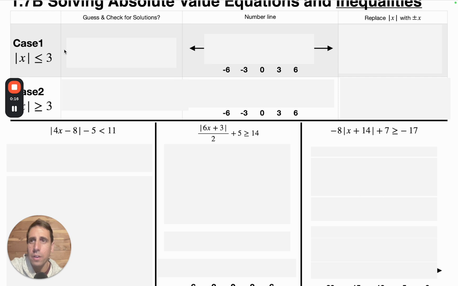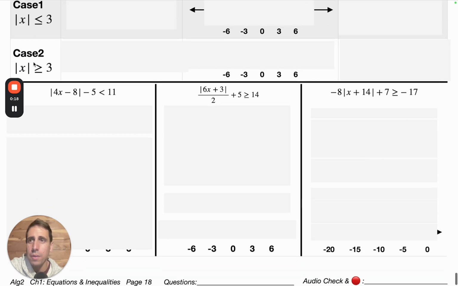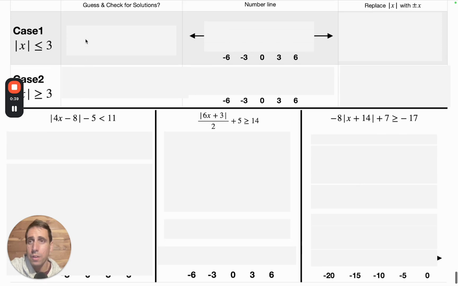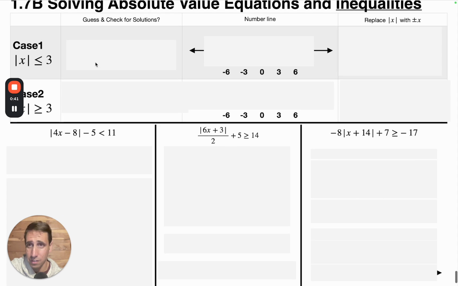All right, case 1 is going to look like this. But by the way, basically all the problems in this section break down into two different cases, case 1 and case 2. If you can notice the difference, there's going to be an absolute value of something here, and there's going to be a number over here. But the real difference is which way the symbol is pointing. Is it a less than symbol, or is it a greater than symbol? Case 1, let's take a look at that first. When it's the less than symbol,